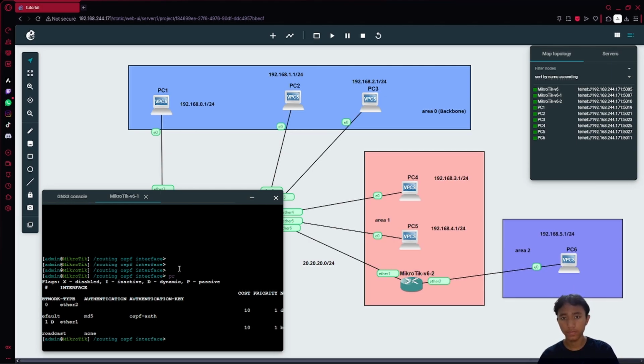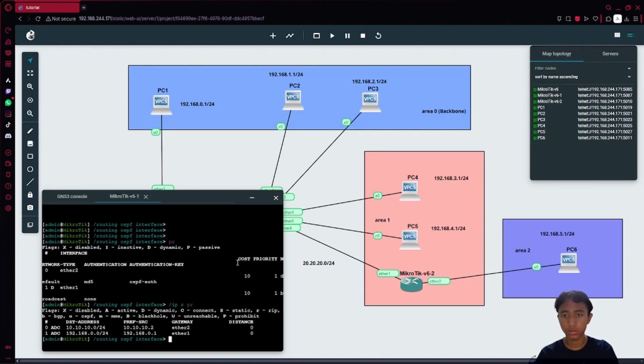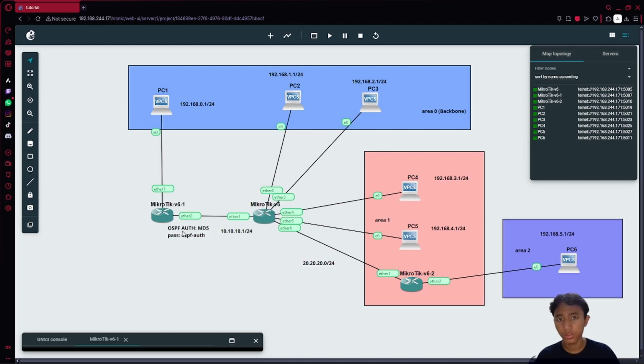Next, after this, if you check the routing table on IP route, we cannot see the OSPF connection, because OSPF authentication is encrypting the OSPF packets.